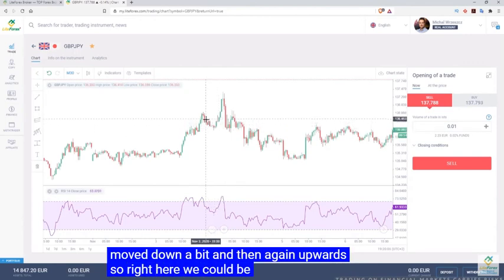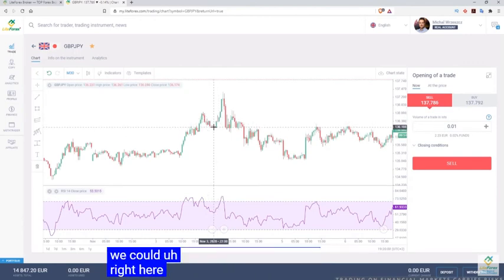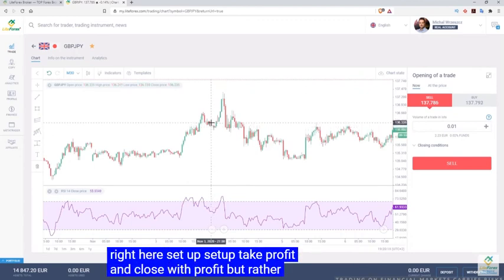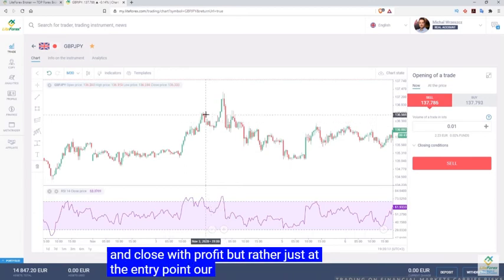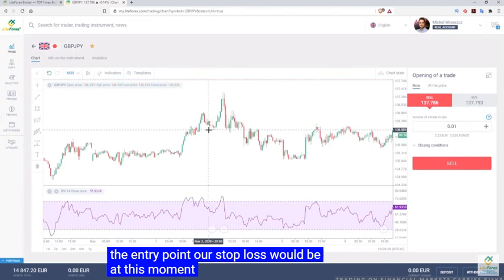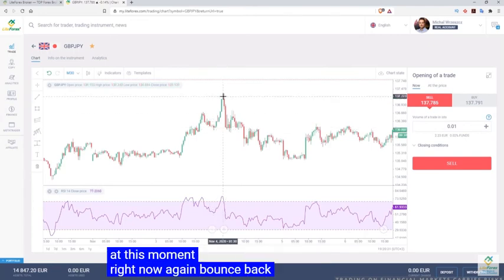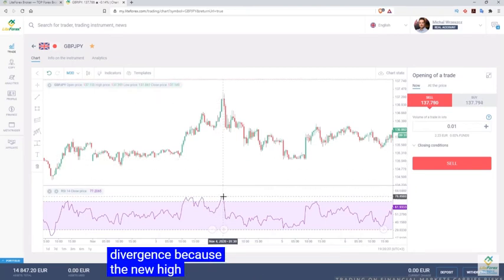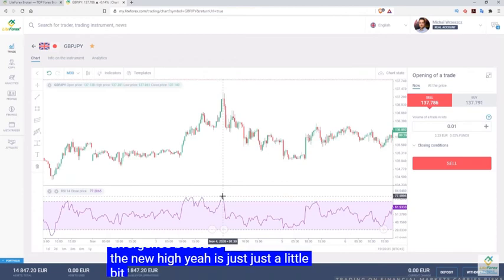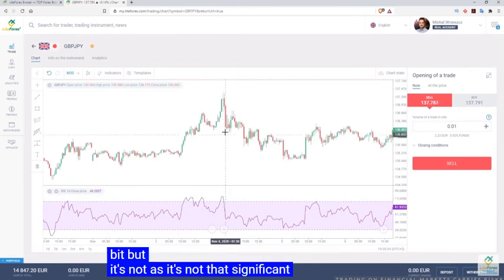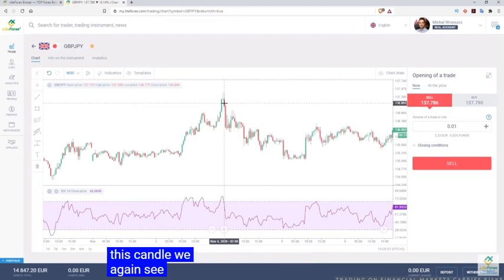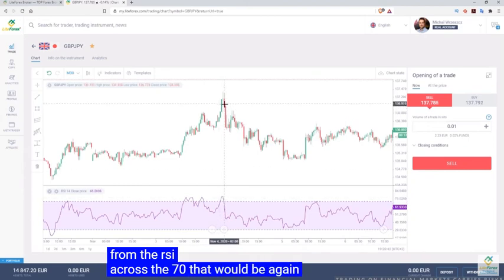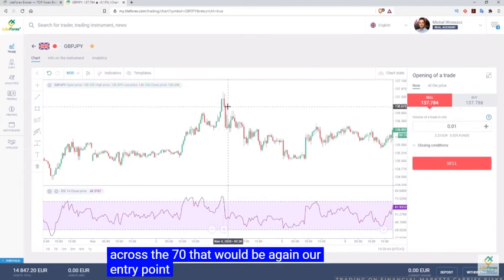So right here, I don't think we could set up take profit and close with profit, but rather just at the entry point. Our stop loss would be at this moment. Right now again it bounces back up, and we could enter again. We see the divergence because the new high, yeah, is just a little bit, but it's not that significant. On this candle we again see that the moving average line from the RSI crossed the 70%. That would be again our entry point. And from this moment,